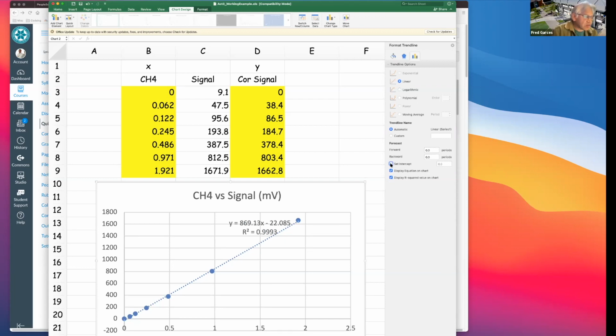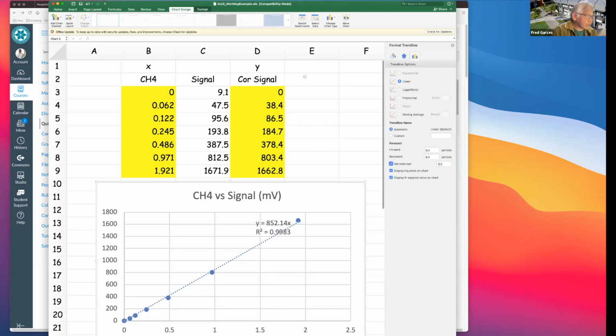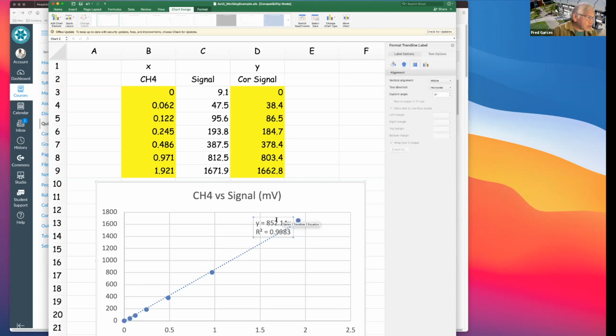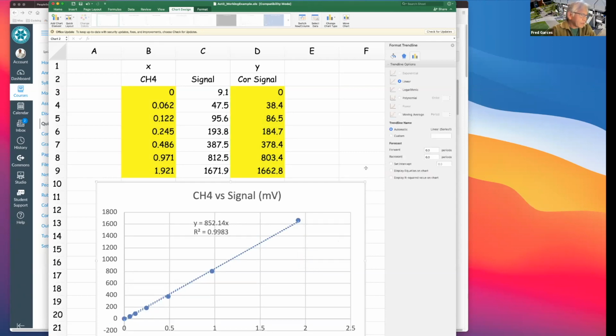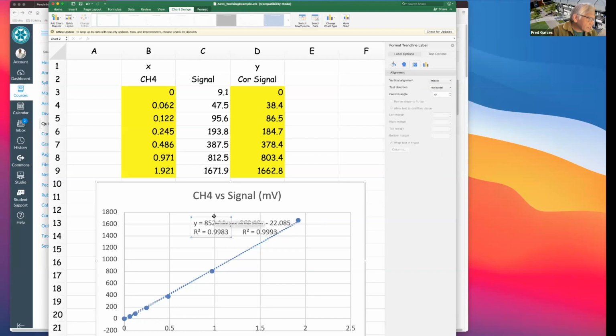Okay. But for this case, you can force it to go through 0, because your data says that for 0 methane, you should get no signal. So by doing that, your equation is simplified. This is the equation of the line that you have. If you don't make it go through 0, let me just show you this again. Then you guys are going to see an intercept. See how there's an intercept right here? Let me erase this. So by not making it go through 0,